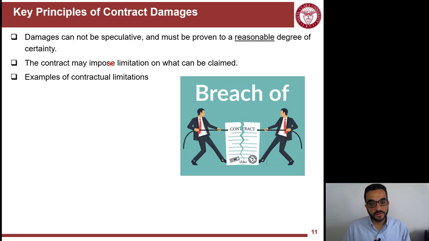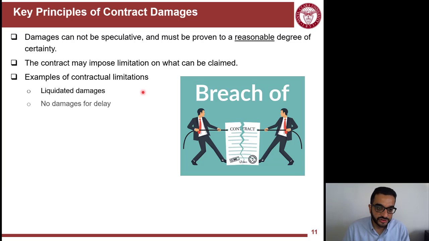So the contract may impose limitations on what can be claimed, like, for example, liquidated damages. So if you don't finish the project on time, the owner cannot say, this happened, and keep throwing receipts on the contractor, saying I lost profit and lost revenue. Liquidated damages put a dollar number for every day or every week that the contractor doesn't finish the project on time. So that's a way of limiting the damages. Or you can just say no damages for delays. So liquidated damages are equal to zero, or what we call a waiver for